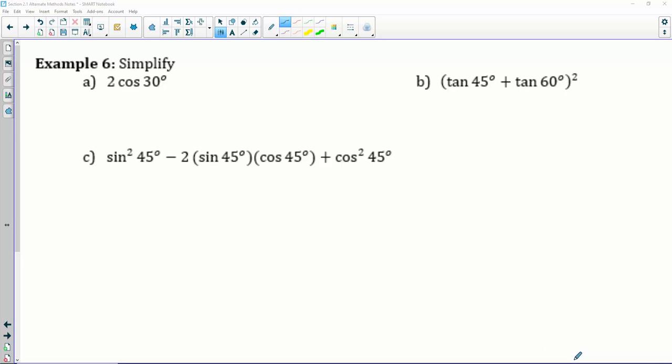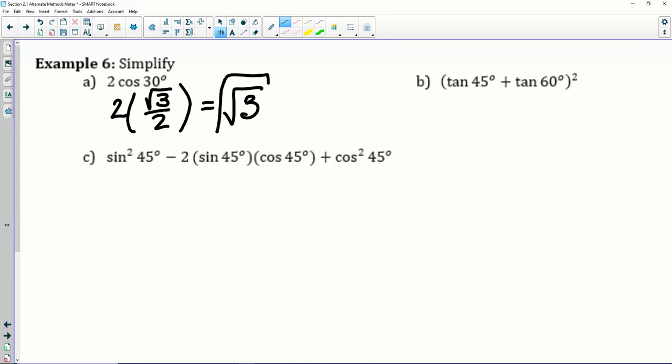Answers. If you plug this in your calculator, it's going to give you a decimal, and I'm going to count it wrong. When I say 2 cosine of 30 degrees, this means 2 times the cosine of 30. So, fold in my 30. Cosine is the square root of the bottom over 2. How many fingers are below my 30? 3. So it's 2 times the square root of 3 over 2, which gives us the square root of